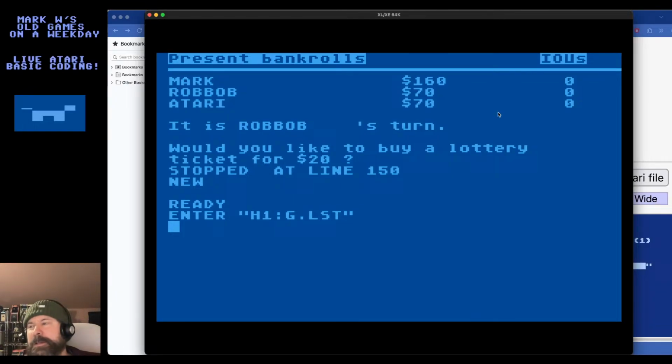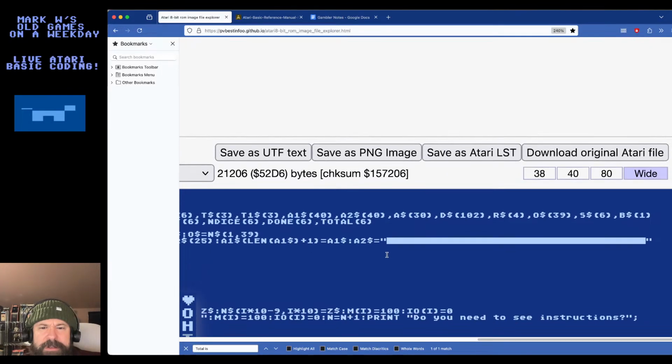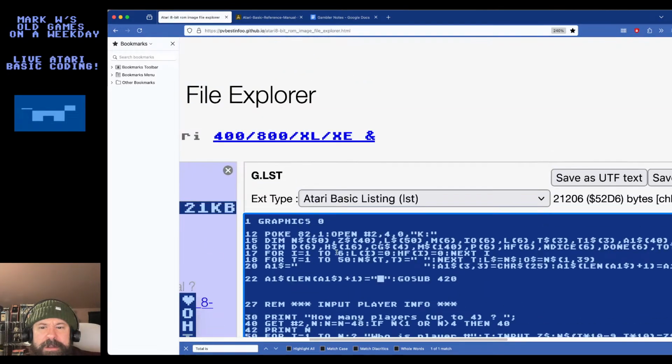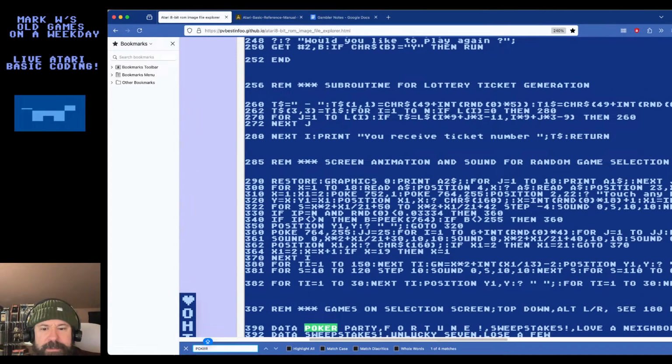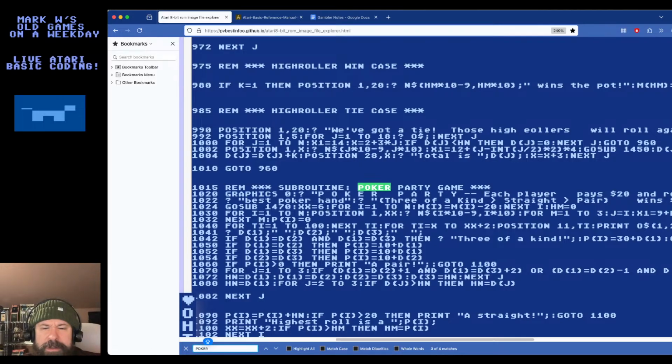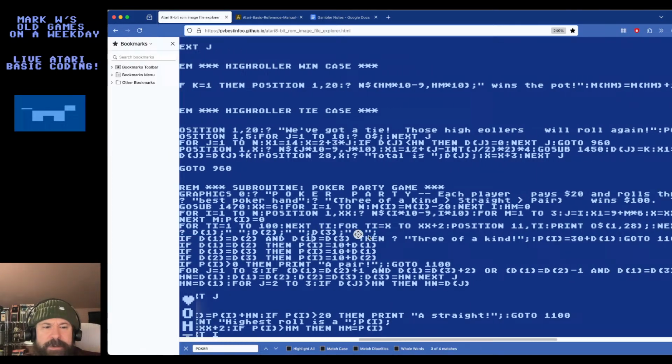All right. I'm trying to think how I can display that total. Yeah, I guess I could just do the next line. What do they do in poker, though? I thought they printed the same way. Let me check that out. Poker party. It prints your 3 numbers rolled.